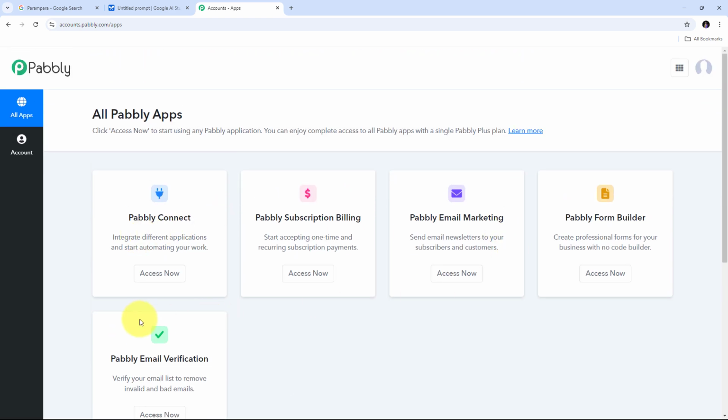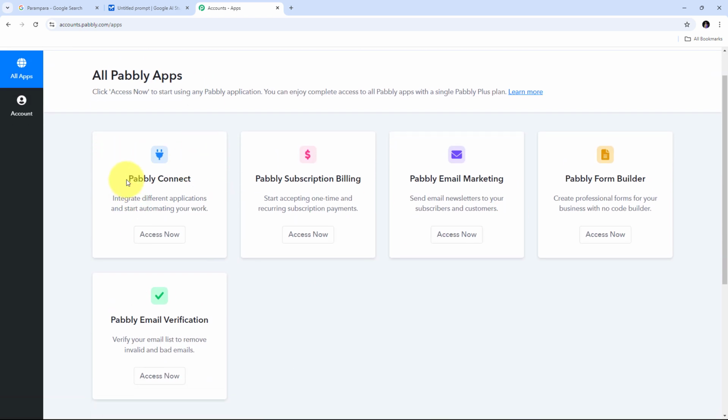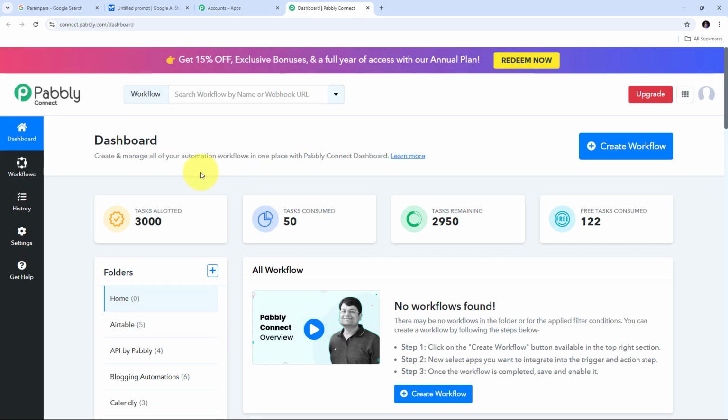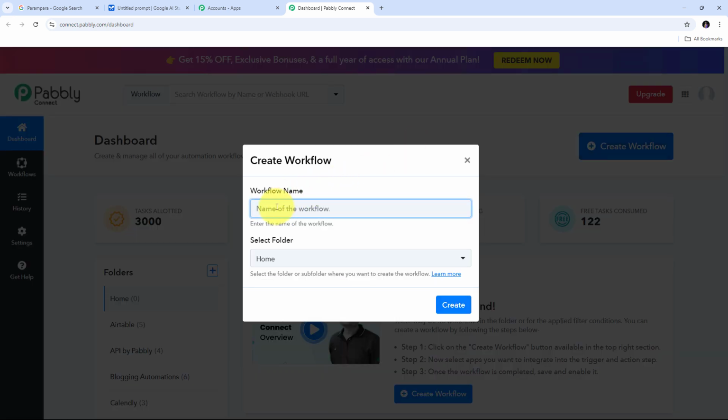These are all the apps that Pabbly offers, and we are going to use Pabbly Connect here. For that, I just need to click on this Access Now button under Pabbly Connect, and this will direct us to the dashboard of Pabbly Connect. Here in the dashboard, I need to create a new workflow, so I'm going to click on this Create Workflow button, and this window will pop up. Here I need to name my workflow, so I'm going to name it as my objective, which is to auto reply to Google Business Profile reviews using Google Gemini for your restaurant business. Now I need to click on Create,